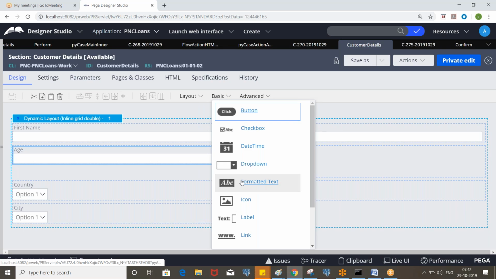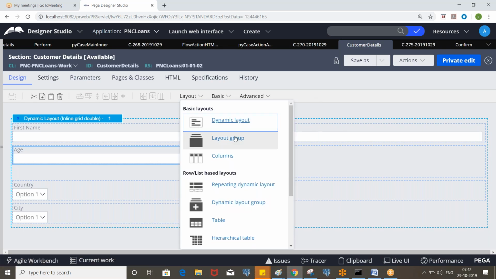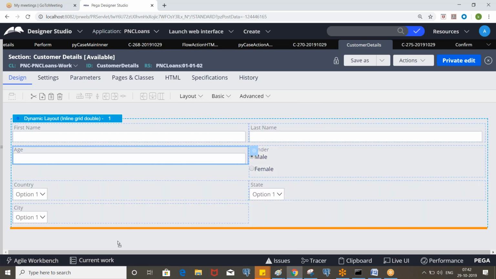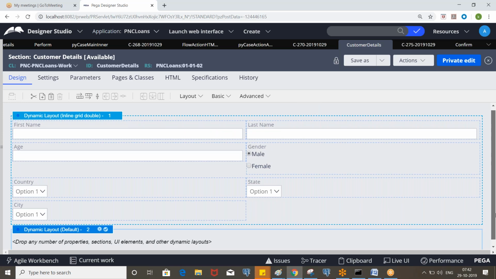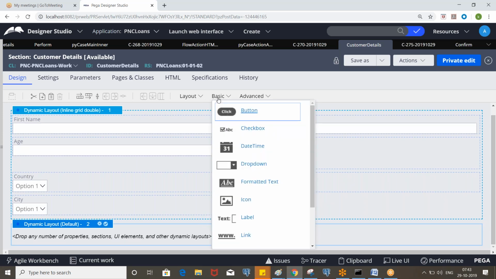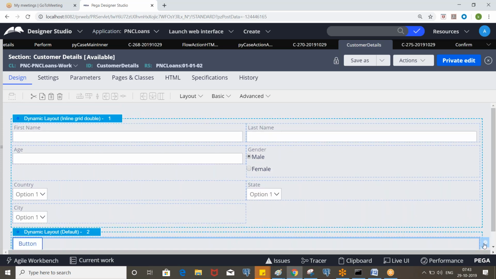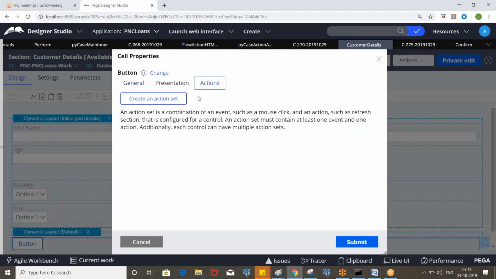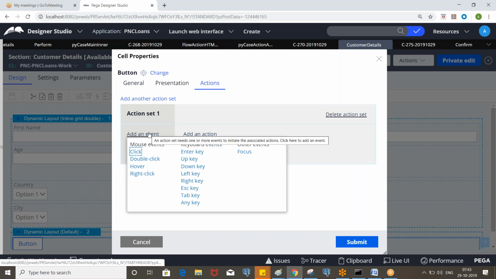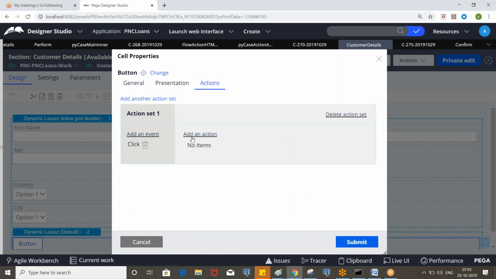Let's use some layout. So let's assume we have a lot of sections, and when I click on a button, I need to show some information in the read only format. Okay, so here we can call it on click of button.